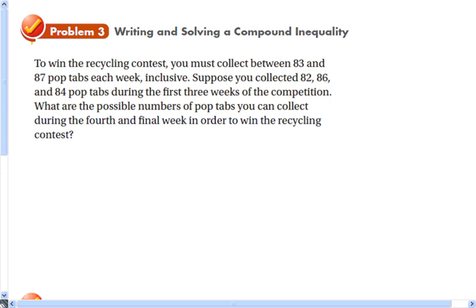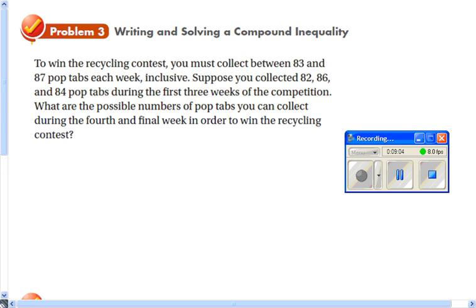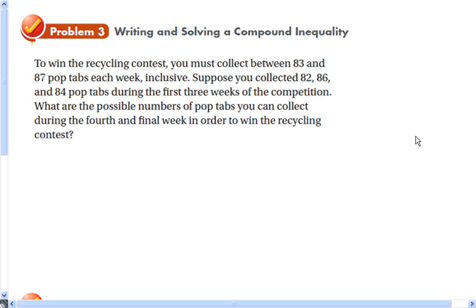All right, problem 3, writing and solving a compound inequality. So here's the problem. To win the recycling contest, you must collect between 83 and 87 pop cans each week inclusive. The word inclusive means it can include the numbers 83 and 87 or be between those. Suppose you collected 82, 86, and 84 pop cans during the first 3 weeks of the competition. What are the possible numbers of pop cans you can collect during the fourth and final week in order to win the recycling contest? Let's let X be the number we collect